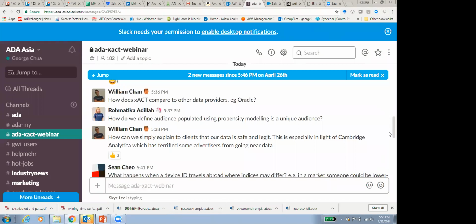Okay, so we have a question from Romatica. How do we define an audience populated using propensity modeling as a unique audience? So the ID that we use is the Android advertising ID and the Apple IFA, or the ID for advertising, all right? So this is the unique ID that we use mostly, but of course, we also ingest other forms